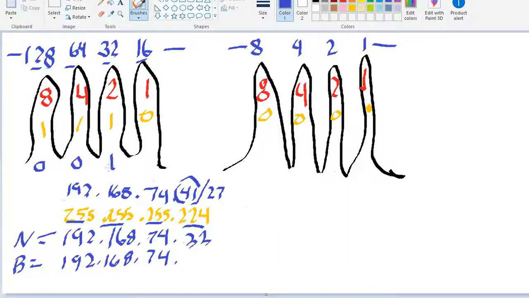And then if you think about what's 32 plus 32, or what's the next bit over, 64, minus 1, which would be 63, that would be our broadcast address. So we have from the network .32,